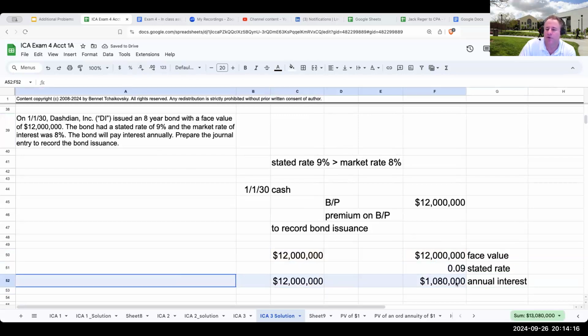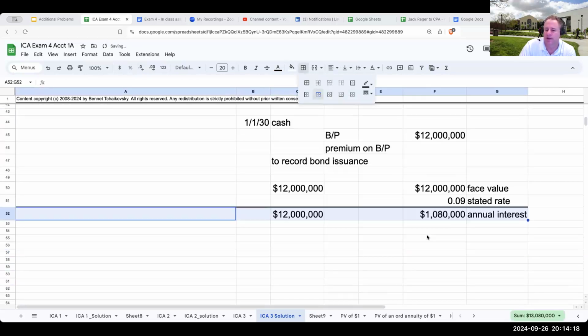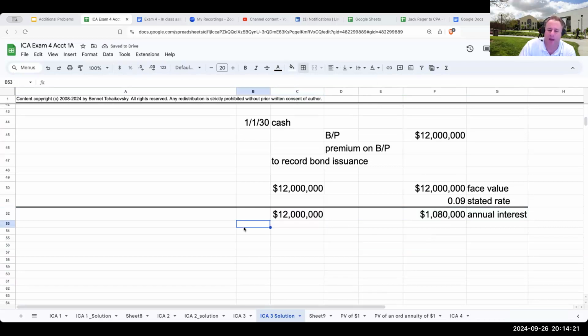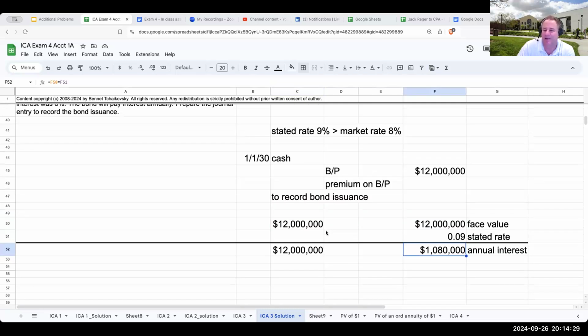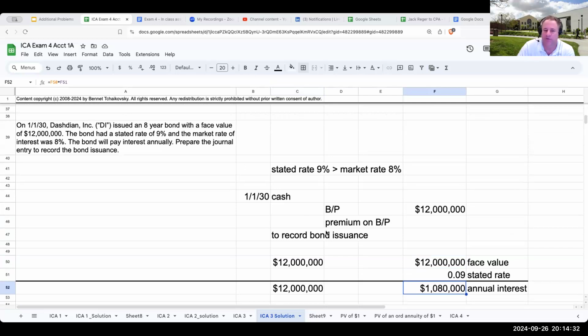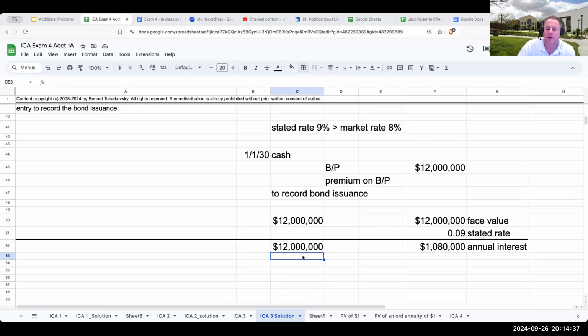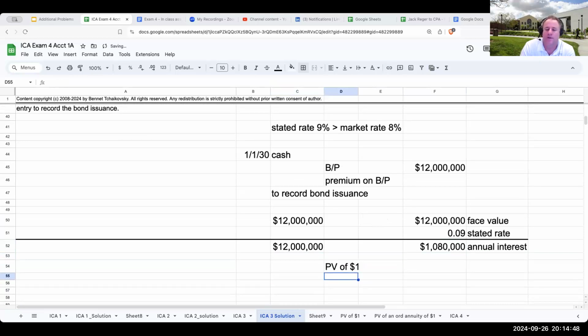Now, when I look at this, I have to say to myself, okay, I've got my $12 million face value that'll be paid out at the end of 8 years. And then I've got 1,080,000 being paid out every single year for 8 years. Now, when I go to the present value tables, I need two things. How many times is interest being paid out? Because this 12 million is a one-time payment, I'm going to use present value of $1. This is going to be my market rate of interest, or 8% market rate,